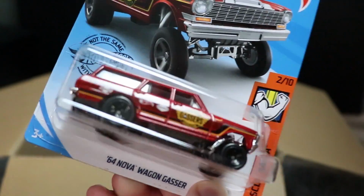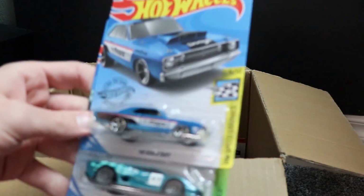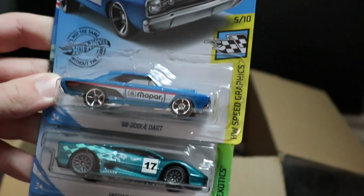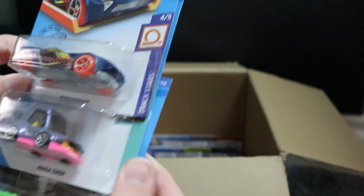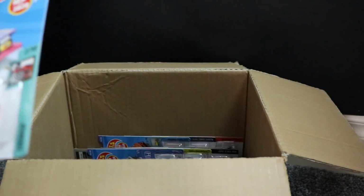I know a lot of people like gassers, so that is very cool. I like black wheels on the gasser. Looks very clean, I like it. Next up, got a Dodge Dart, Jaguar XJ220, and a Chevy Silverado. All cars you guys have seen before. Next up, we've got Nerve Hammer, Total Disposal, cars you've seen before, and then we have a recolor of the